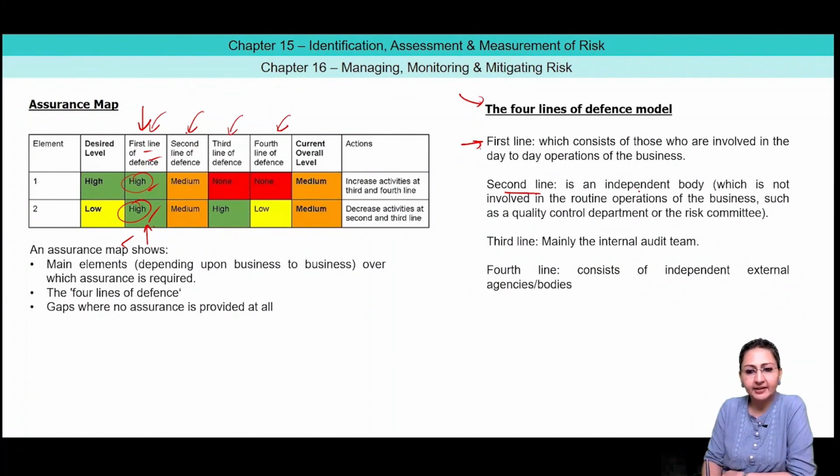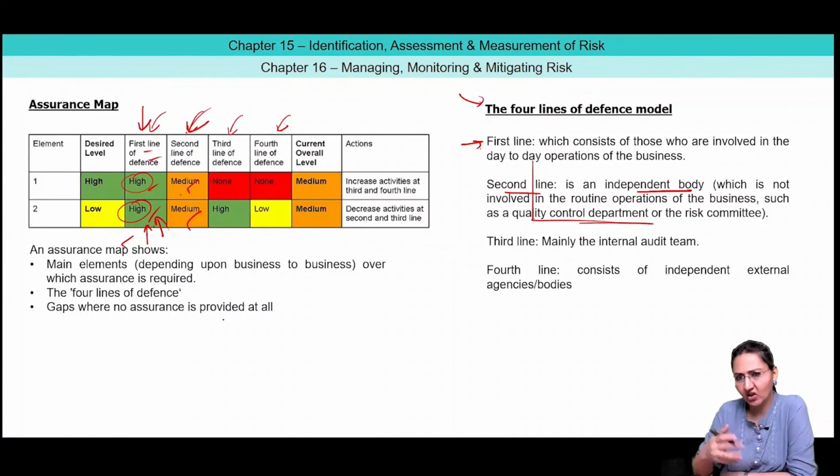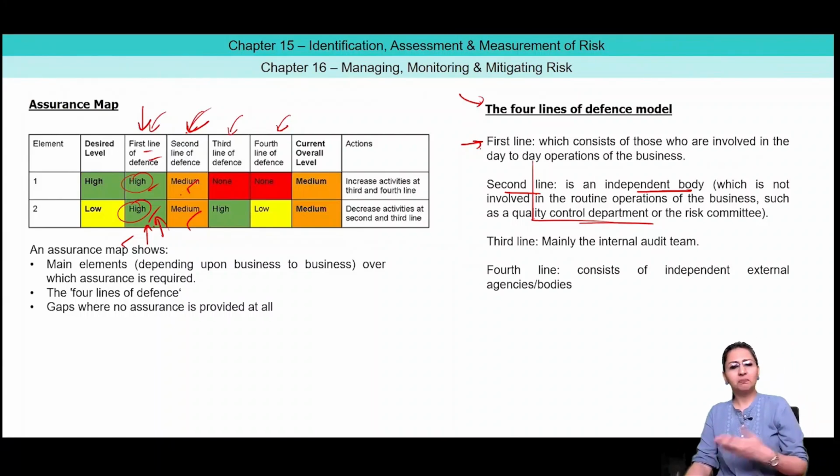Then comes the second line of defense. The second line will be an independent body which is not directly contributing to production, but they are there, like quality control supervisors. Quality control people are there to see if, at the second line, machinery and output are perfectly fine. There is no risk as of now. You will mark here that the level of defense is medium. But here it is high, as workers immediately get to know if there is any risk. Here it will be medium, obviously, because they are not directly involved in that production, but still